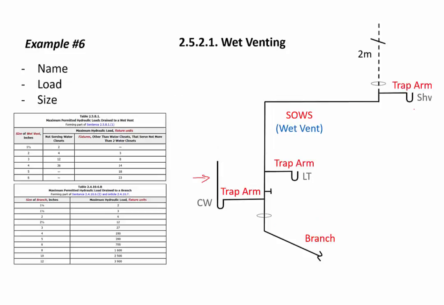Now that we've got all our names, we're just going to include all our loads. We've got 1.5 fixture units for the shower, 1.5 for the 1.5 inch laundry tray, and clothes washers are 2 inch and 2 fixture units. And again, these are all from table 2493. So the load on our solar waste stack wet vent is the load of all fixtures draining in other than the most downstream fitting. So we have 3 fixture units,